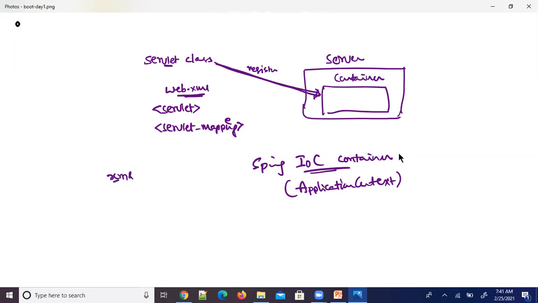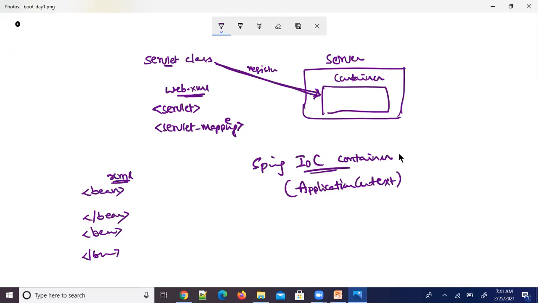In the XML file, there is a bean tag provided. Like this, you are going to write multiple bean tags. Okay, bean tag, bean tag. Use bean tag to define the configuration of a Spring bean to register this bean with the IOC container.